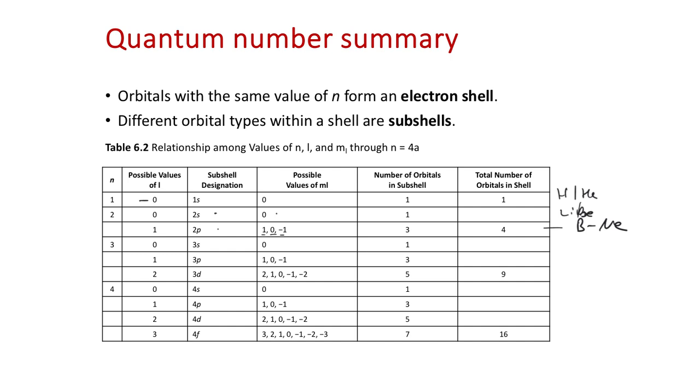The only peculiar thing is when we get to the D, we'll see that we have to skip and fill an S first. But we go 3s, that's just 1 orbital. The 3p subshell, we get 3 3p orbitals. And then the 3d would, of course, have 5 from the range of 5 m sub L numbers. So within the entire n equals 3 shell, we have 9 possible orbitals. So then we could fill 2 electrons into each, so that would give us 18 total electrons